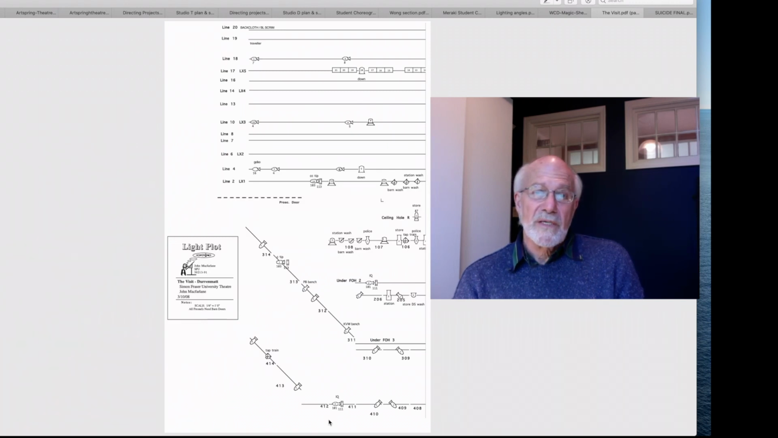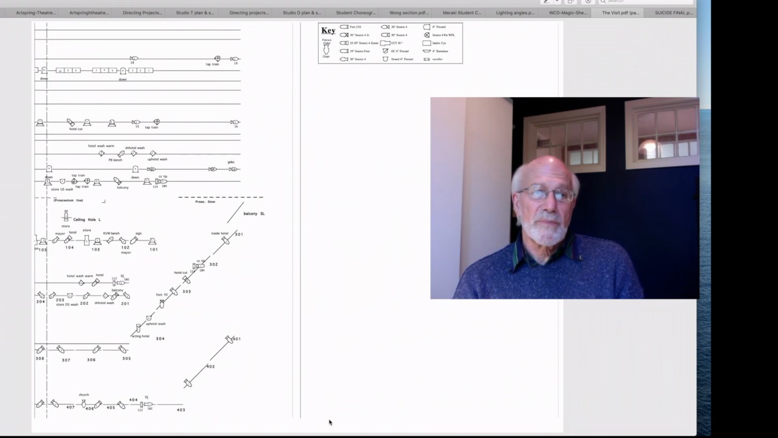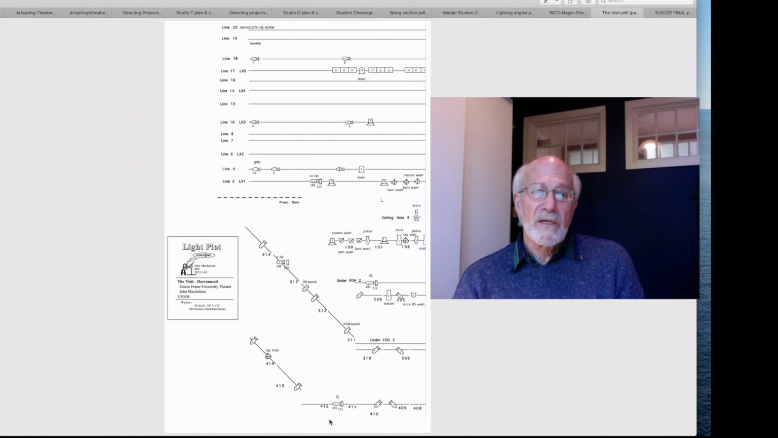So that's the part of it on one side of the stage, and here's the part of it on the other side of the stage. But this is a theater piece where each and every scene was specifically placed on the stage. On the other hand, here's a